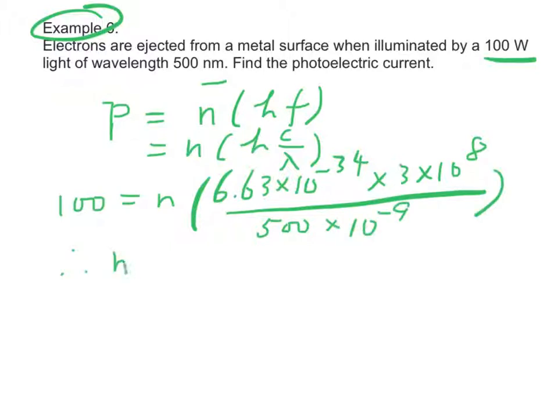Therefore, the number of photons incident on the metal per second equals the number of photoelectrons emitted per second, N